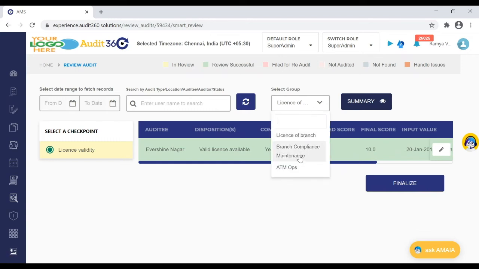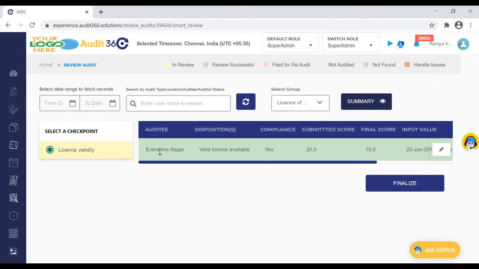You can choose group wise and do a review. What we are trying to bring into the review audit module is the review on the basis of the key observation, or checkpoint by checkpoint. We can have the summary done, and we are also giving a color indicator which specifies which of the checkpoints or groups have already been in review, or are marked for re-audit.